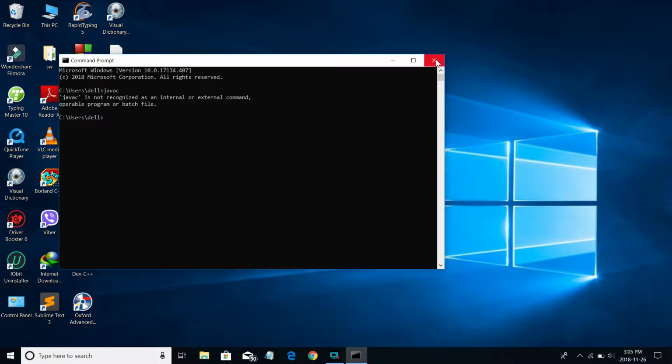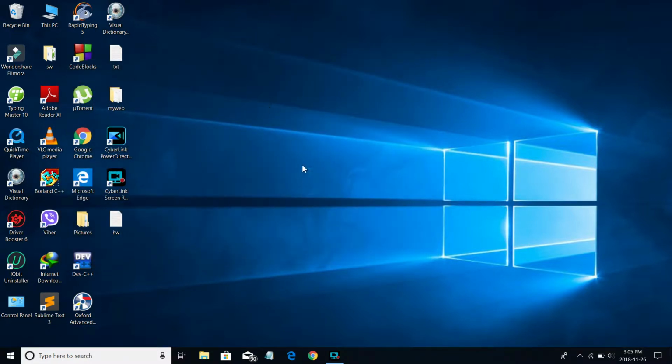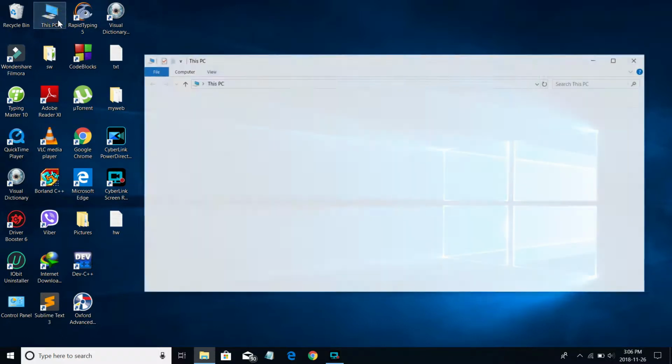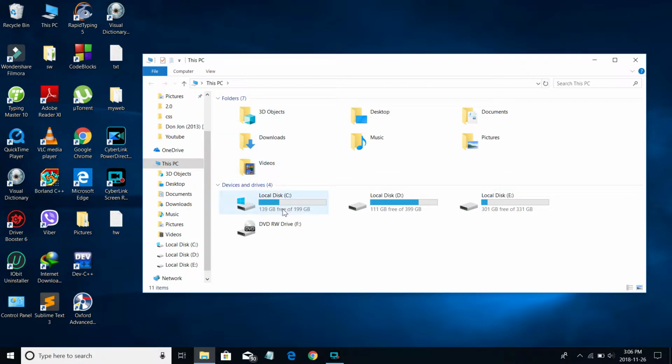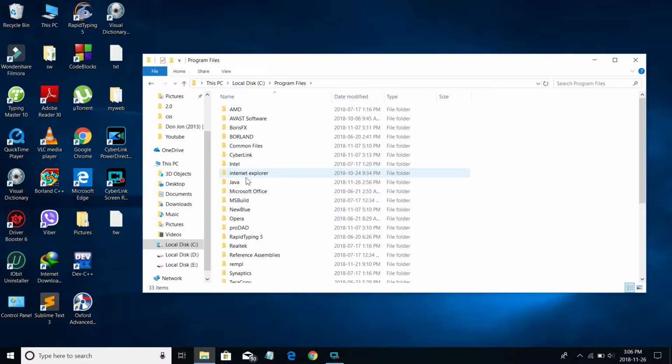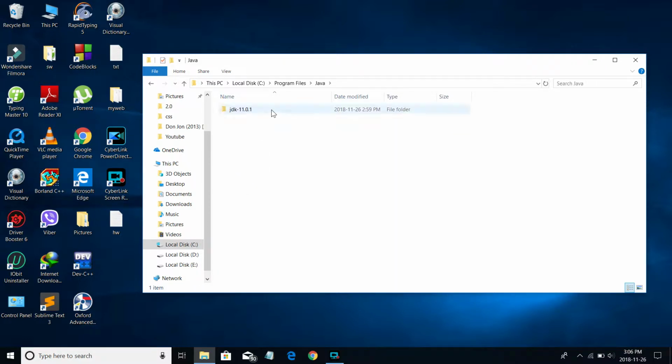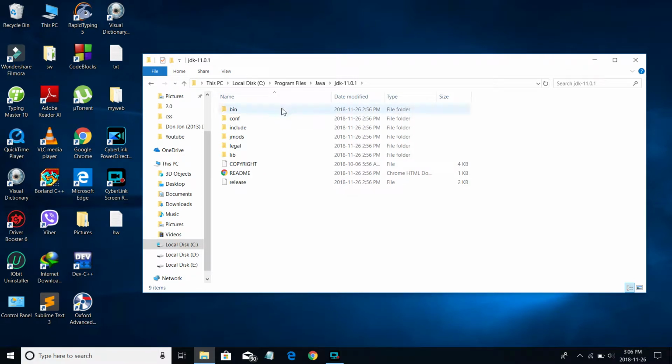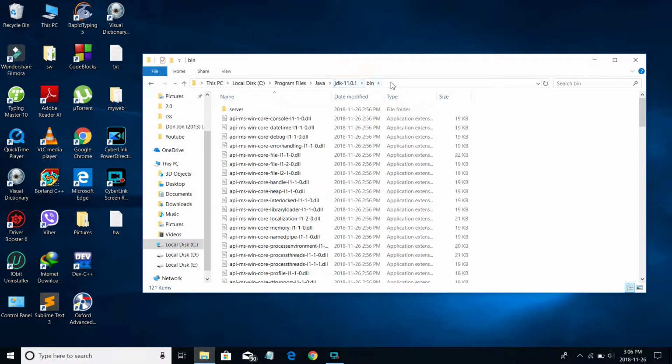Okay guys, I have already downloaded the Java in my systems. Now I'm going to set path for the Java. First of all, go to your PC, go to the C drive. Go to the program files, and down there you see the Java. Go to JDK. Okay, go to the bin, then